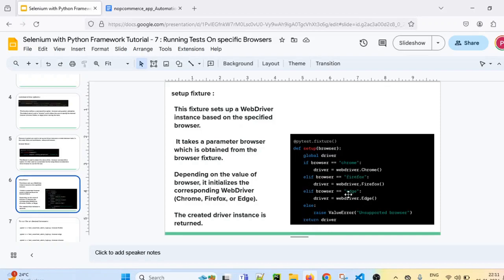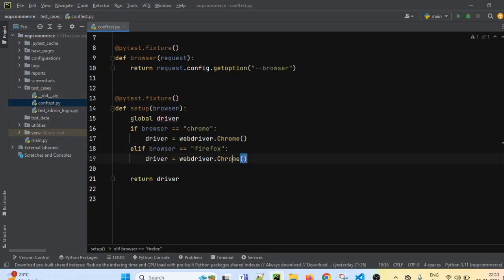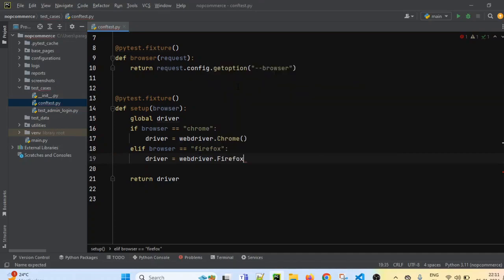So elif browser equals Firefox, then driver equals webdriver dot, if you see now, webdriver dot Firefox.